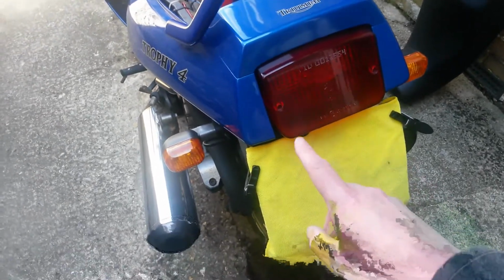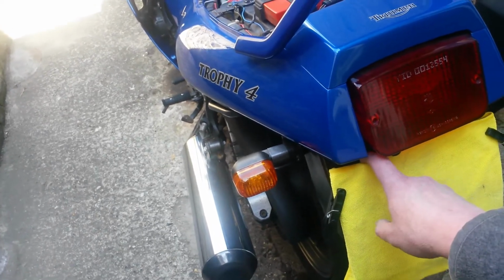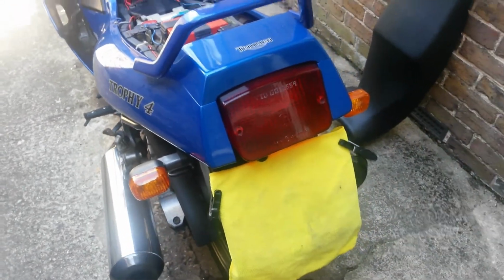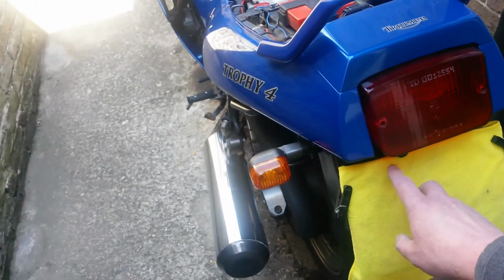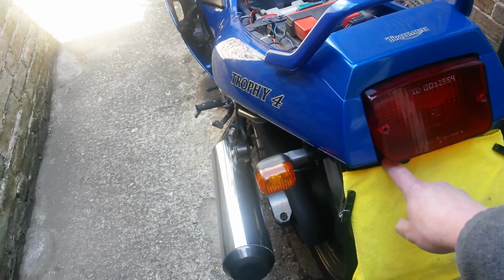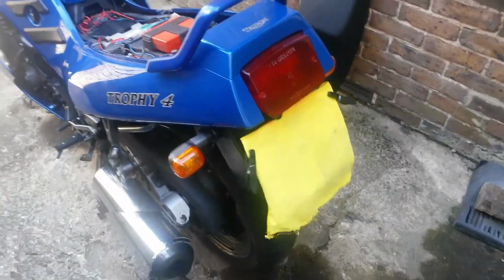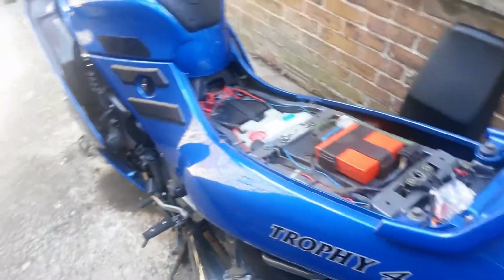So what I think I might have to do, at the moment the bracket with the camera is bolted to the top of the Scott oiler, which is firmly fixed to the under tray of the bike. Now that might be a bit too solid, so what I'm going to have to do, I think, is make some kind of rubber mounting system for the camera bracket, possibly using a series of O-rings or something like that. I have some somewhere and I will have to find them and try it out,